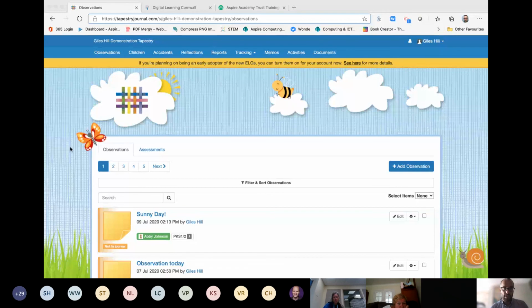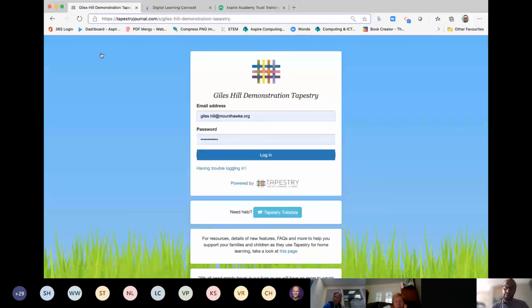So this is essentially what Tapestry looks like when you're going through the web, and you can go in through a tablet, but through Safari or Chrome or whatever browser you have there on your tablet, or of course through a PC or Mac or Chromebook or whatever. You would go in through the web browser,